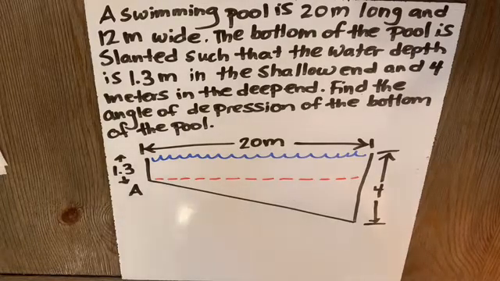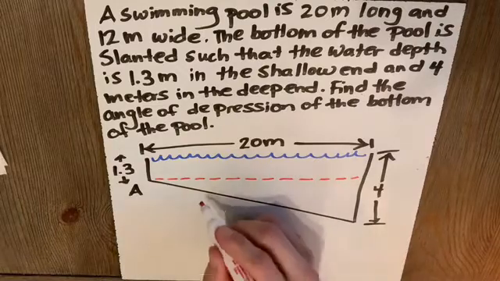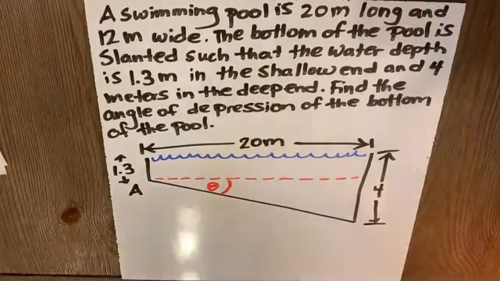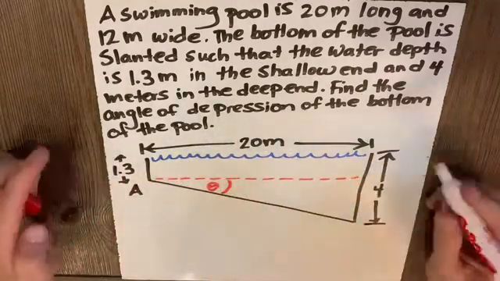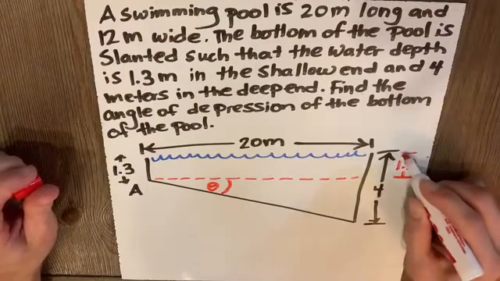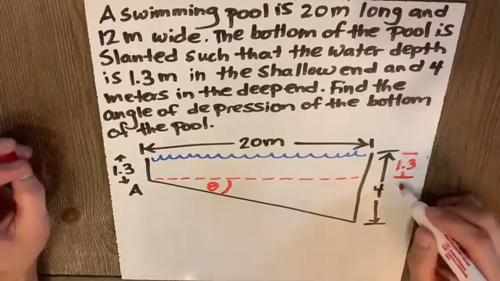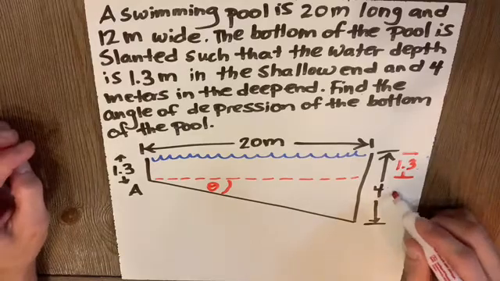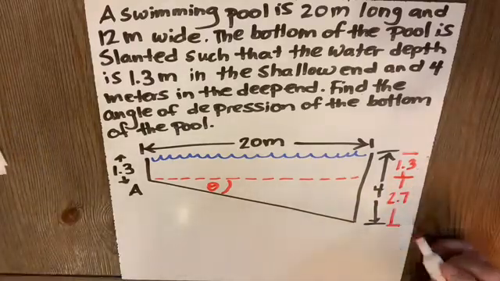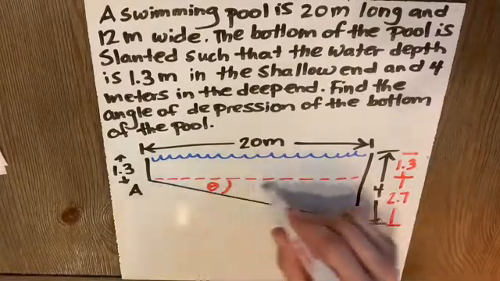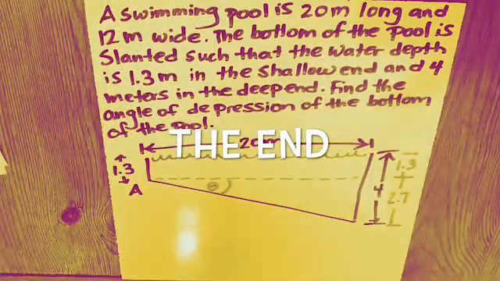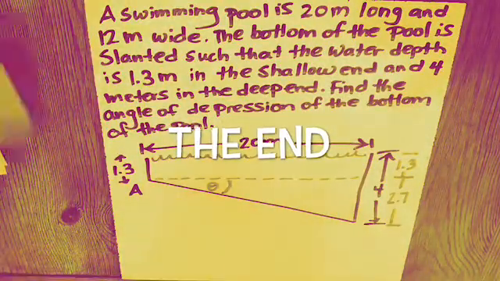So remember, angle of depression is always going to involve the horizontal. So here is our unknown. We want that angle. If this is 1.3, and when I bring this over here, then this is 1.3 here as well, which means that 4 minus 1.3, I have 2.7 here. So if this is 2.7 and this here, well, if it's 20 meters at the water surface, it'll be 20 meters underwater as well. That allows us to say